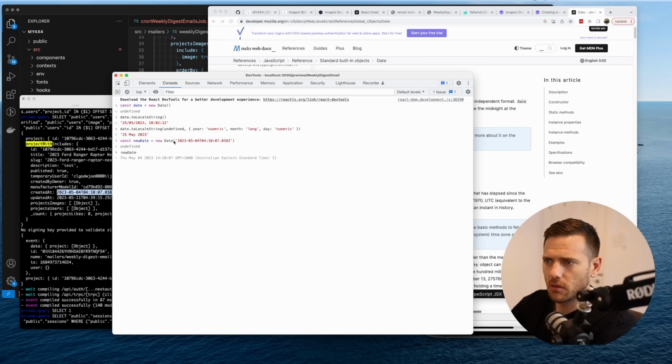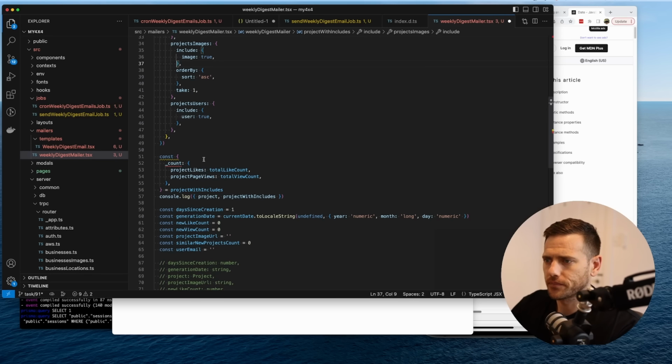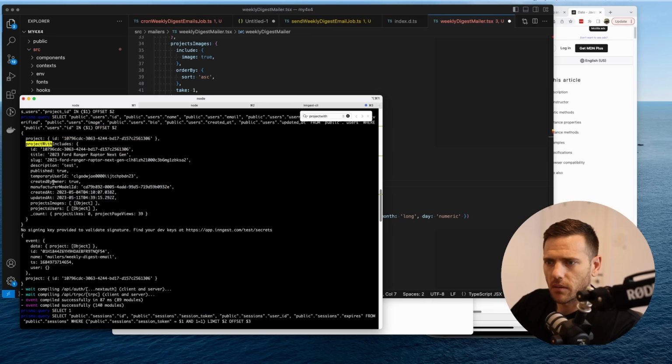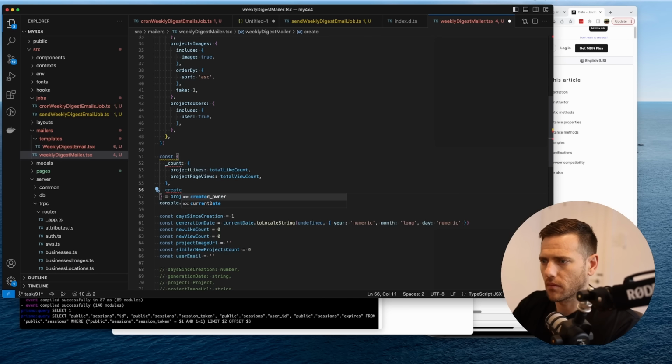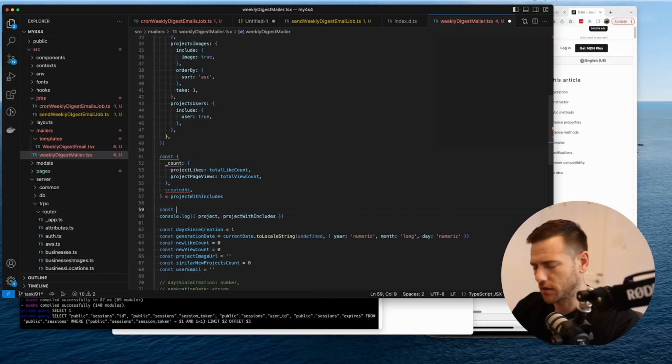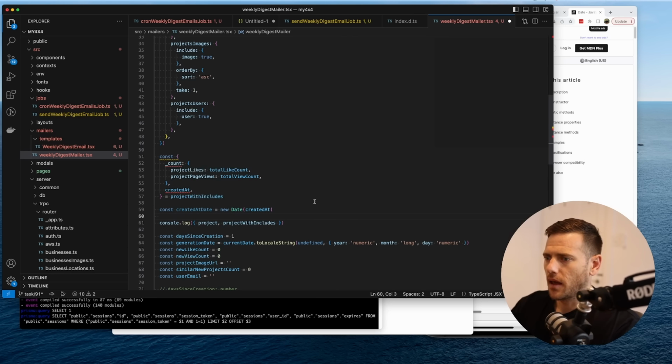When we initialize the date, we just pass in this string there. Great. So if we grab the created at, we're going to initialize created at date. That's it. Thank you. And then what we want to say, days since creation is equal to, let's see,